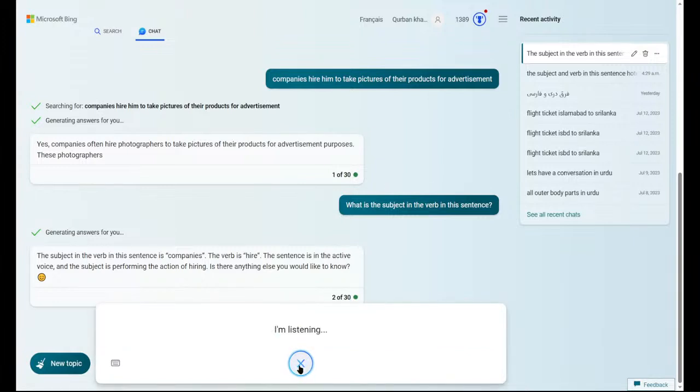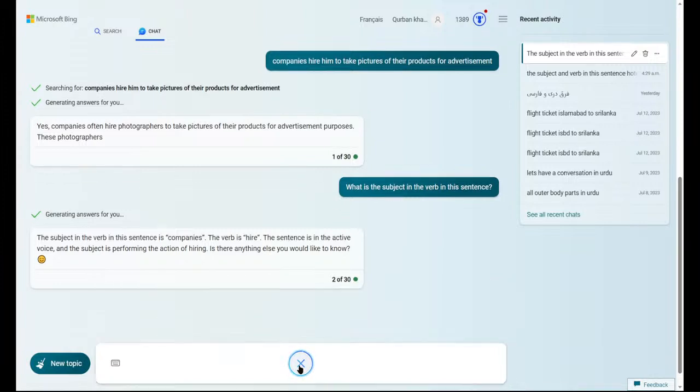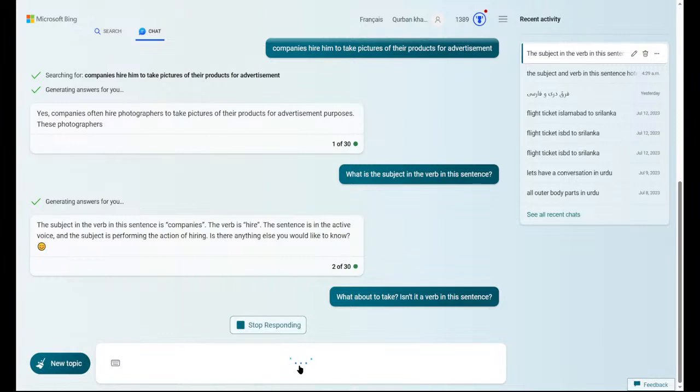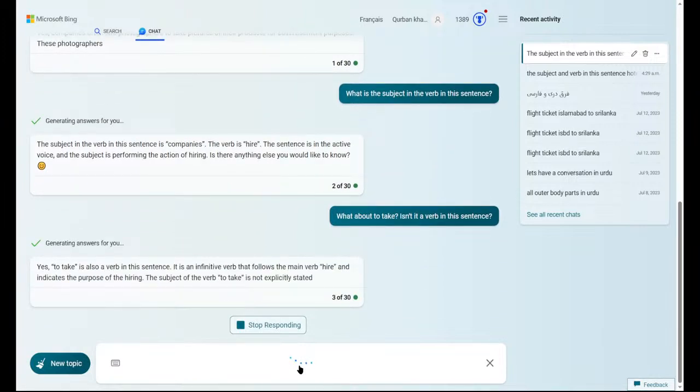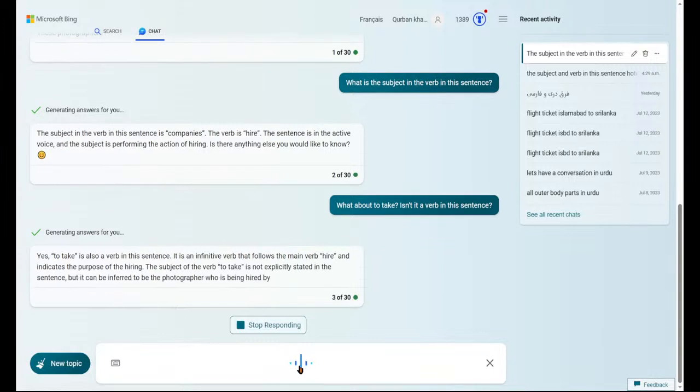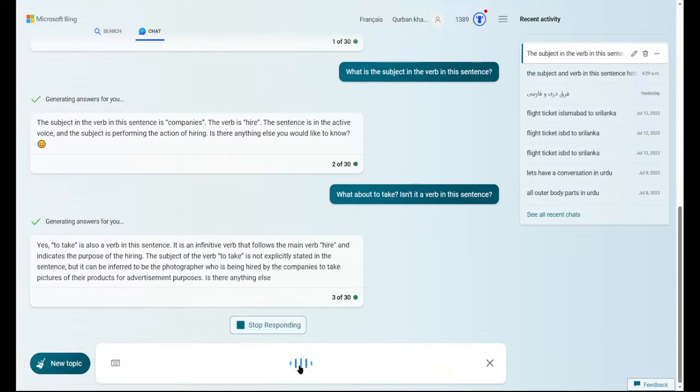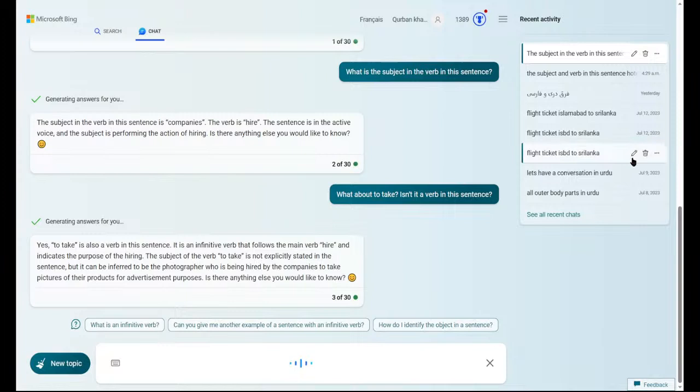What about to take? Isn't it a verb in this sentence? Yes, to take is also a verb in this sentence. It is an infinitive verb that follows the main verb hire and indicates the purpose of the hiring. The subject of the verb to take